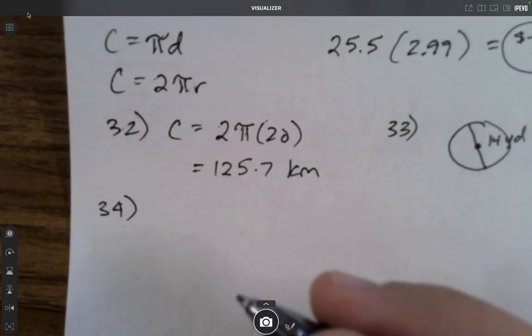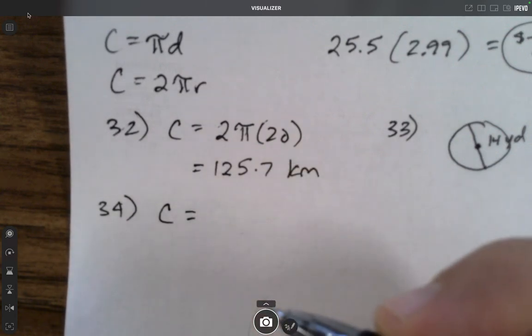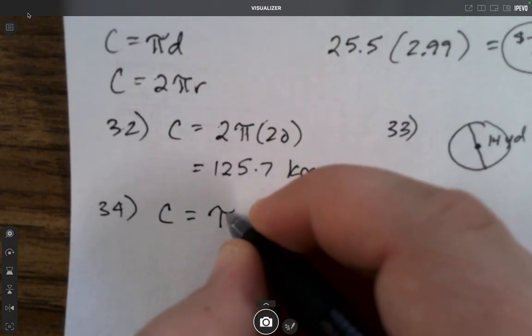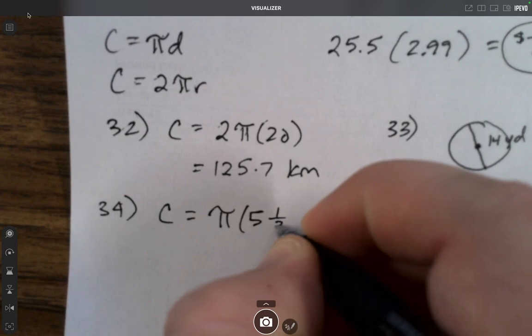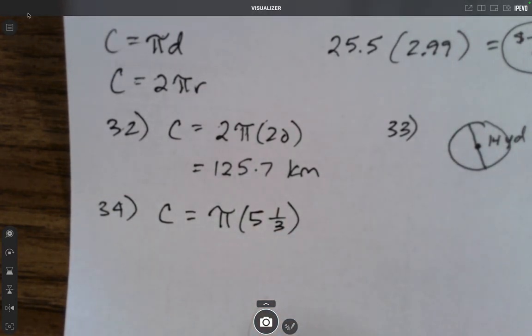34, they give us the diameter. So the circumference is pi times 5 1/3. Sorry, I can't pull up the calculator on this computer. But